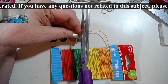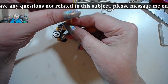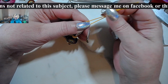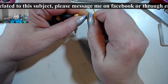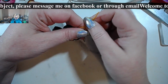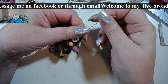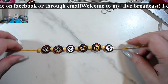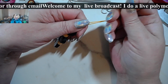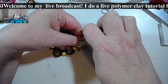Don't cut too short, but don't cut too long, because there's no reason to waste so much. And then pull a little bit, not a lot, so that your knot will be where it's supposed to be, not too wide. Hold on, we have a little mess here. Okay, there we go. Try to have them equal here. So your knot should be somewhere here,